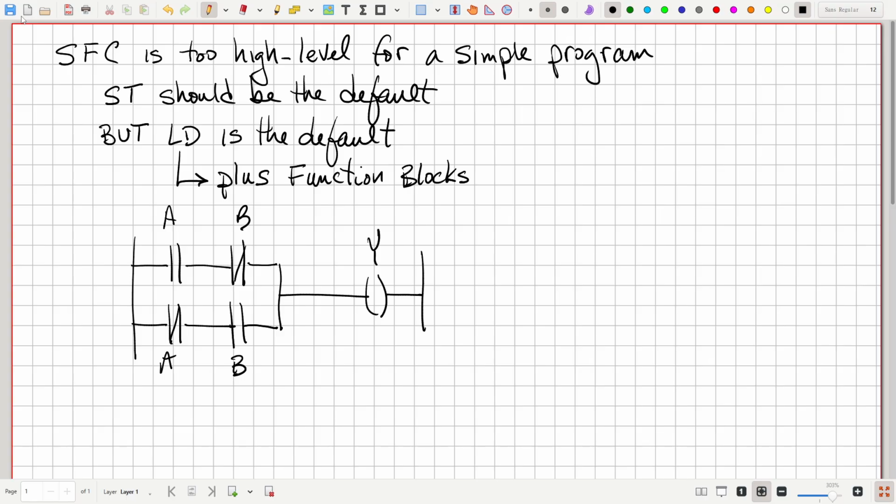And so electricians and technicians are already familiar with these kinds of ideas. And with contacts in series, they wouldn't call that the AND operation, but they would understand that current has to go through this contact and through this contact. Or if you have things in parallel, they would understand that current can go through either this path or this path, right? So they have an intuitive understanding of the AND and OR operations,